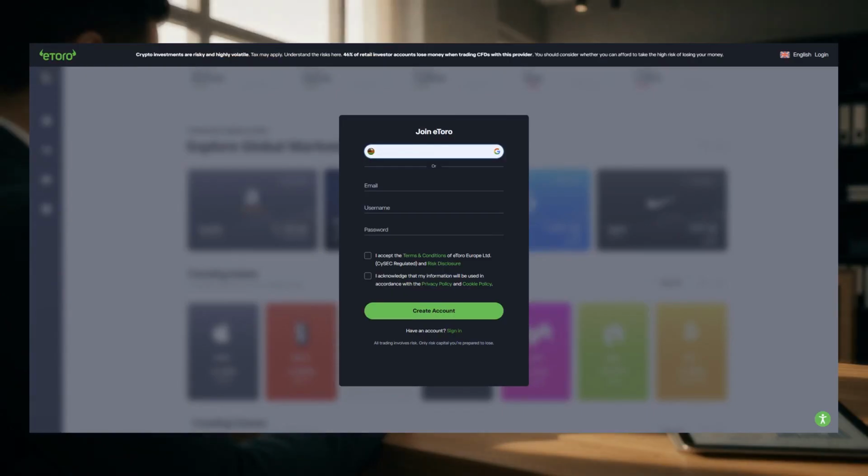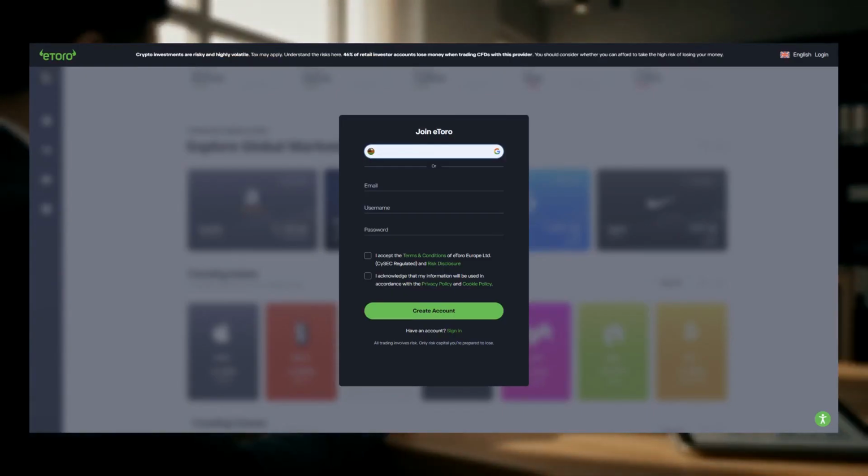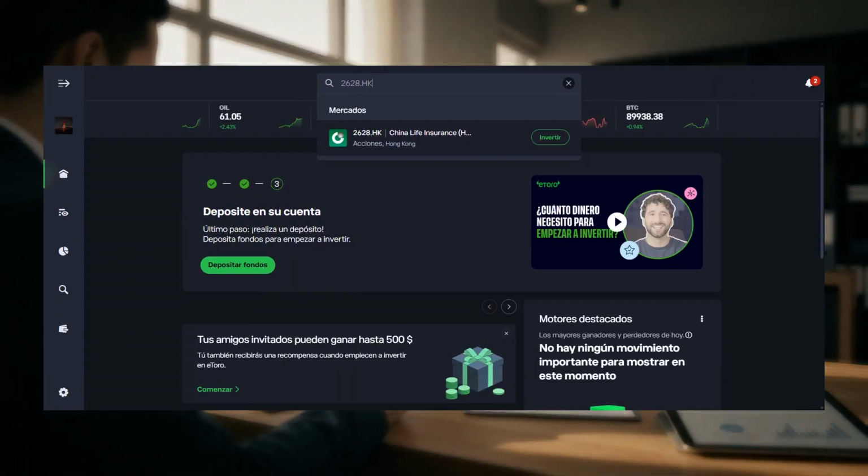You need a broker to buy 2628.HK, and I'll use eToro as an example to show the process. After registering, you must verify your account, usually with an ID document, and add funds before you can place an order. Use the platform search bar and type the ticker